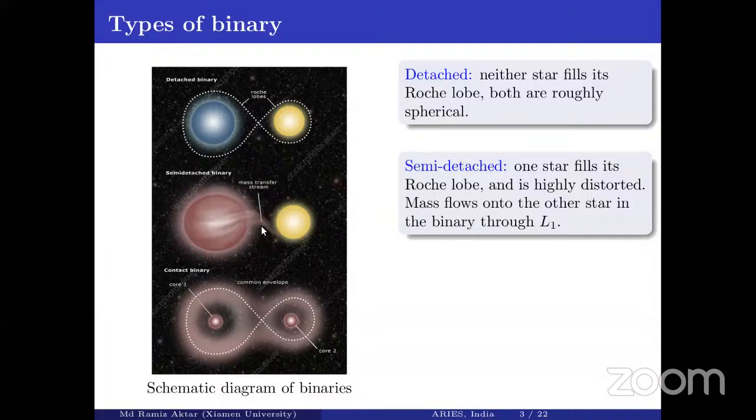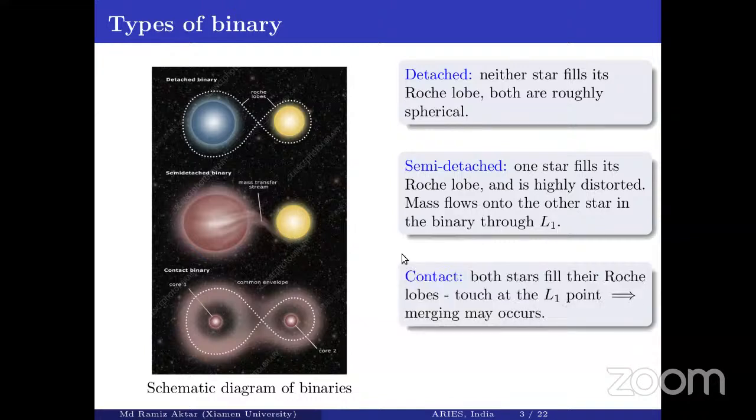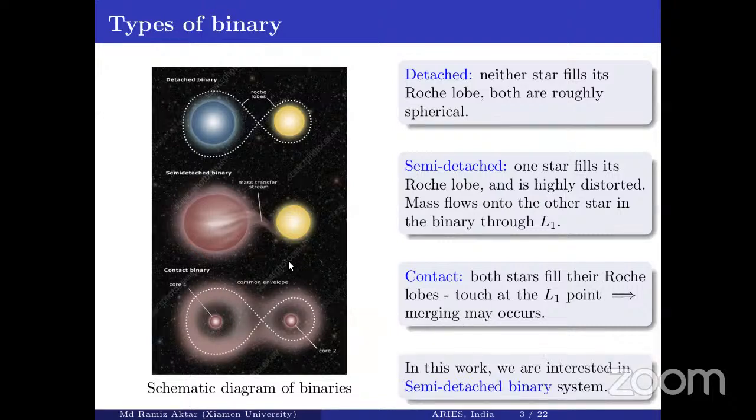This is the semi-detached binary, where one star fills its Roche lobe, and due to the presence of the compact object, this star is distorted by the mass flow through the inner Lagrangian point. And this is the contact binary, where both stars fill their Roche lobes and touch at the first Lagrangian point. In this type of system, merging may occur. So we are interested in this